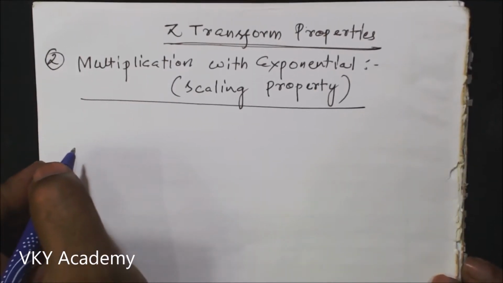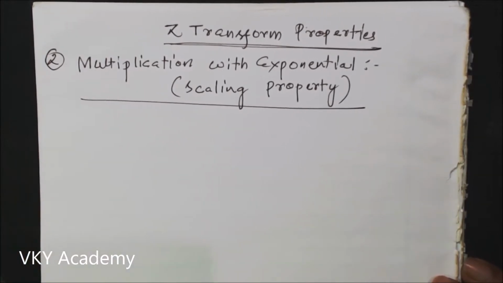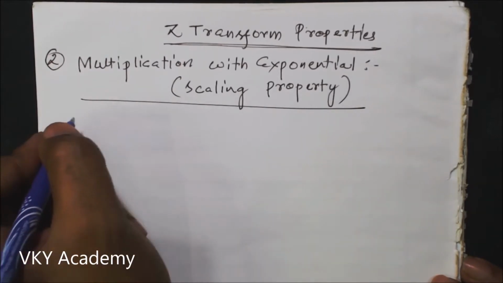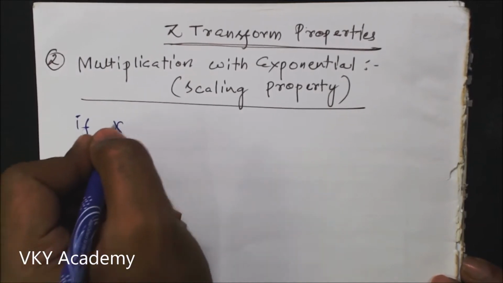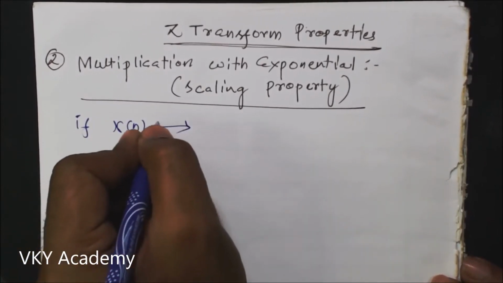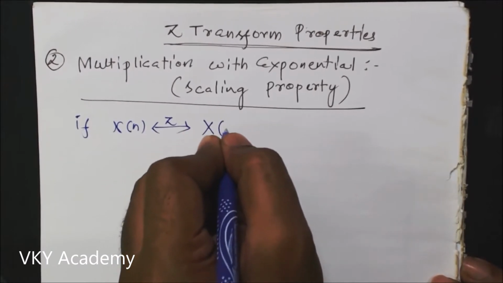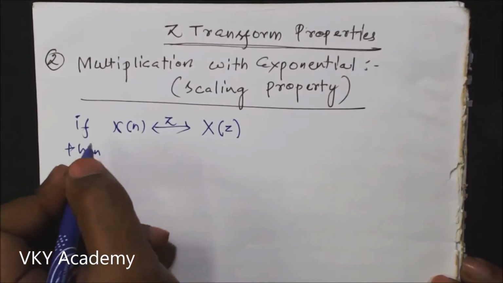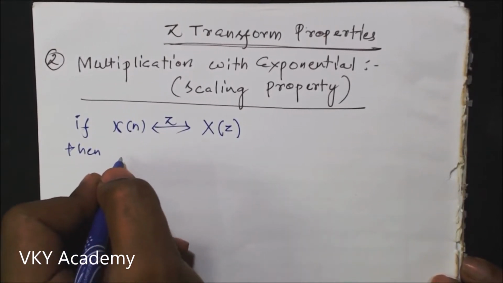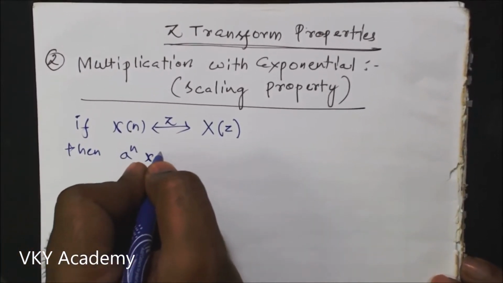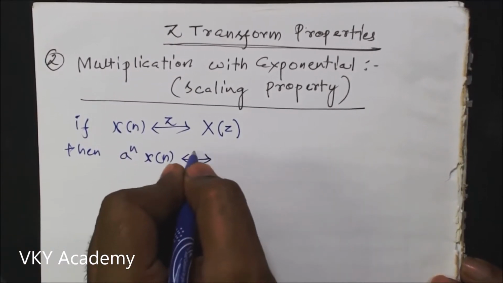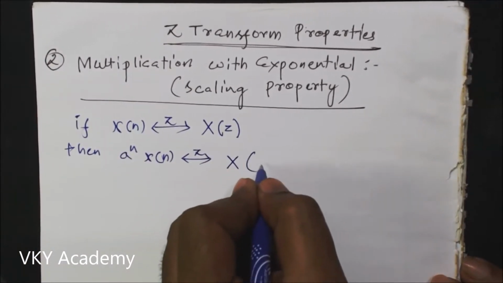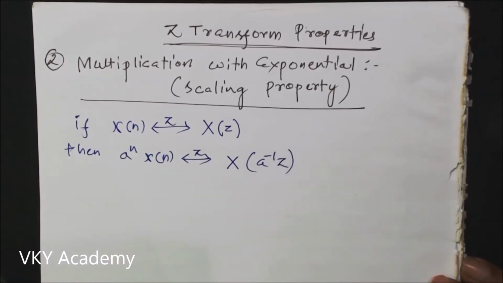Today we will discuss the second property of Z transform, and that is multiplication with exponential, which is also called a scaling property of Z transform. Now the property states that if Z transform of x of n is X of z, then Z transform of a to the power n x of n will be X of a inverse z,